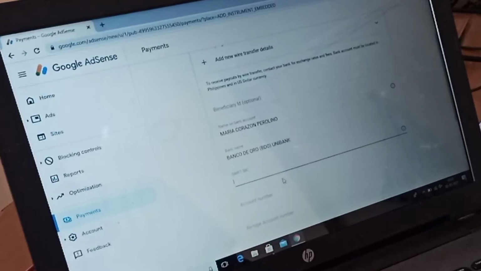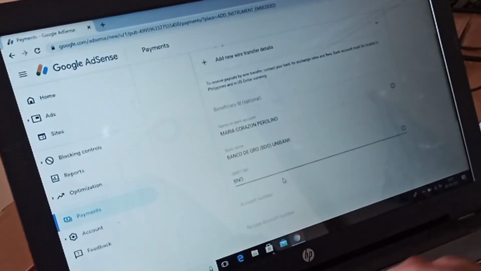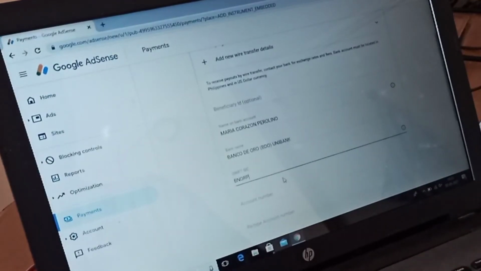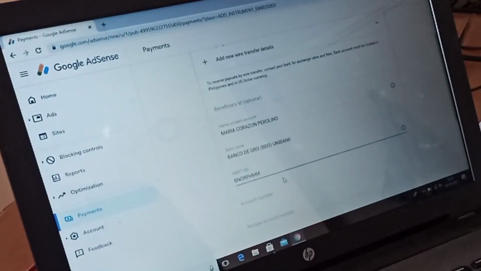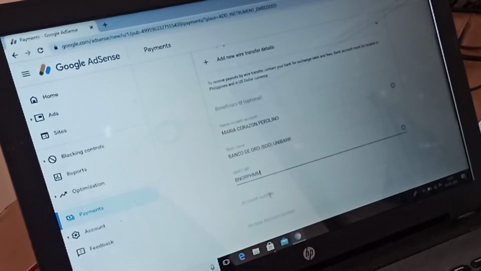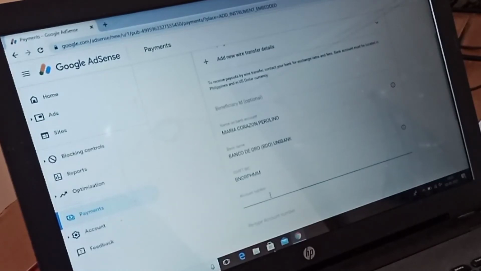Here our Swift ID is BNORPHMM. And the next option is bank account.